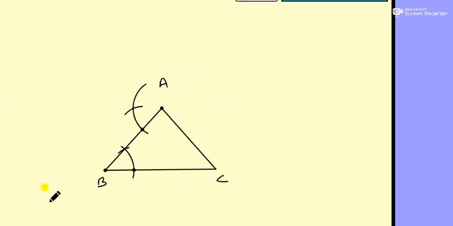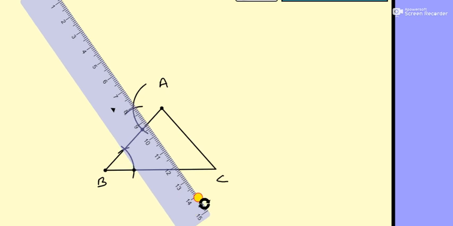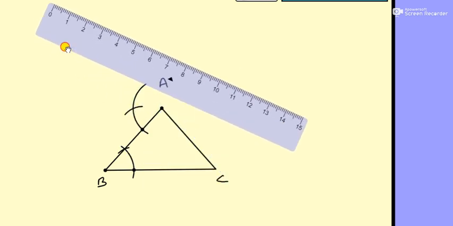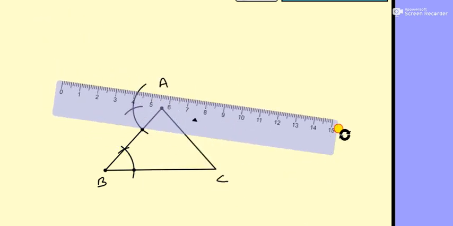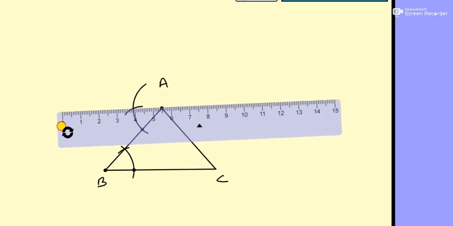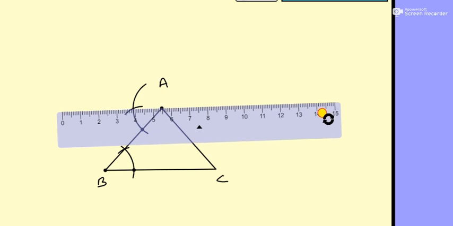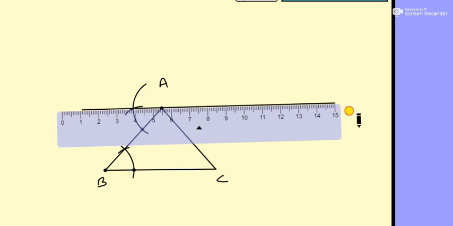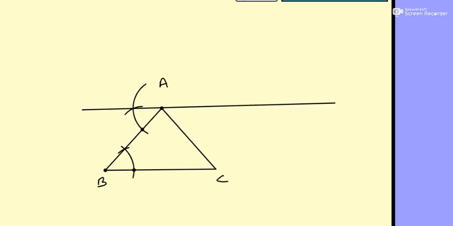Remove the roundel, take a scale, and draw a line like this. Take a pencil and draw this, which is parallel to this one. So what will happen in this? Now remove this, and the line is parallel.